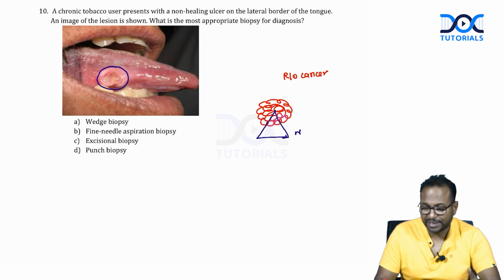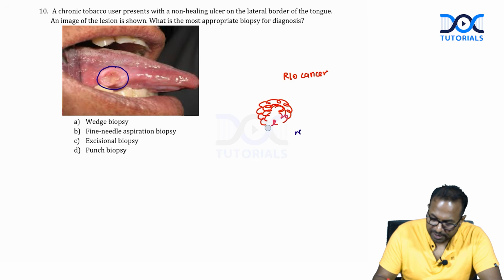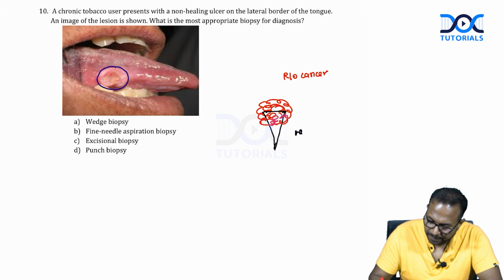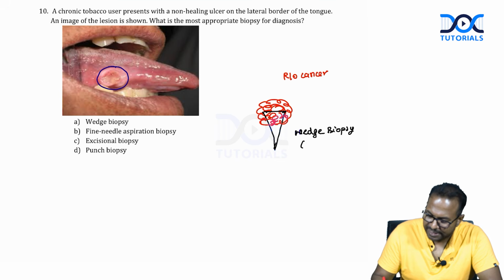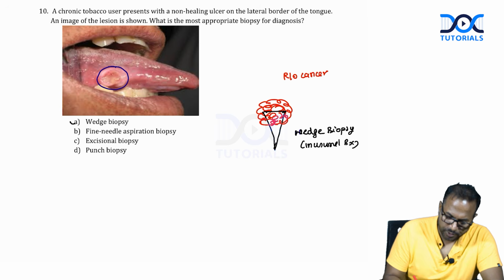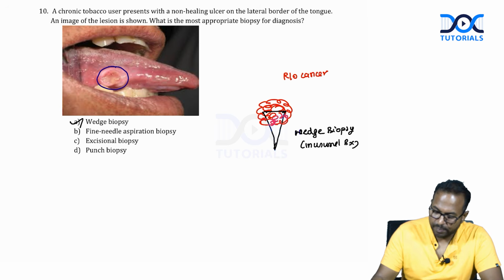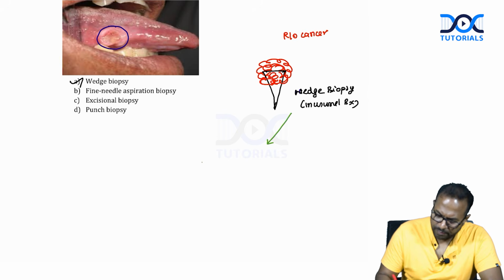So usually the wedge should include the normal skin. How we usually take it is like this. The majority of the tumor part and the normal part will be taken like this, and this is a wedge biopsy. But Bailey does not mention it as wedge biopsy. Bailey says this is an incisional biopsy. The answer is wedge biopsy should be done to confirm the diagnosis, and the most common histology for this cancer is